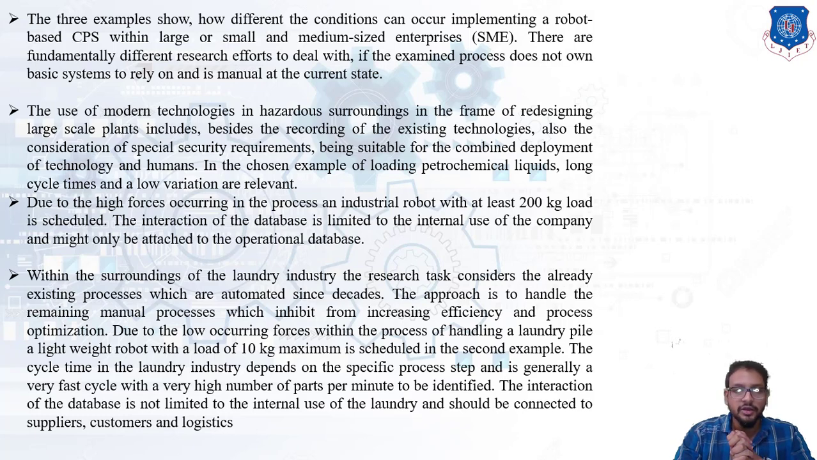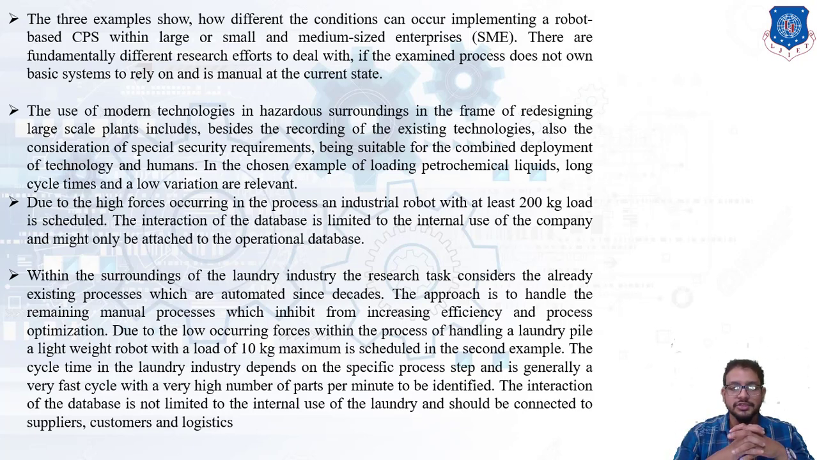So these are the most important factors while deploying robots and humans in a petrochemical plant. Now in our chosen example, long cycle times and low variation are relevant. While handling petrochemical liquids, obviously the cycle time will be longer and low variations are most relevant. The forces will be much higher, so due to the high forces occurring in the process, the industrial robot has to be a heavyweight robot that can handle a weight of up to 200 kg of petrochemical liquids. The interaction of a database is now limited to the internal use of a company and might only be attached to the